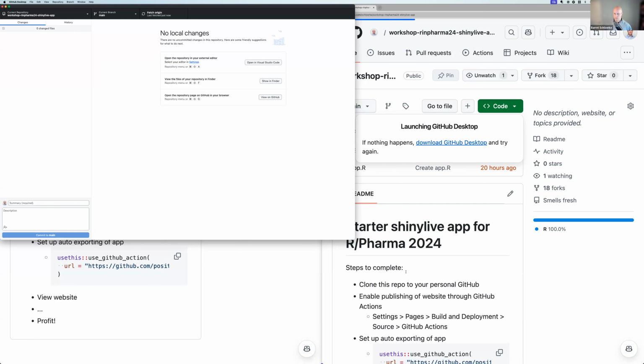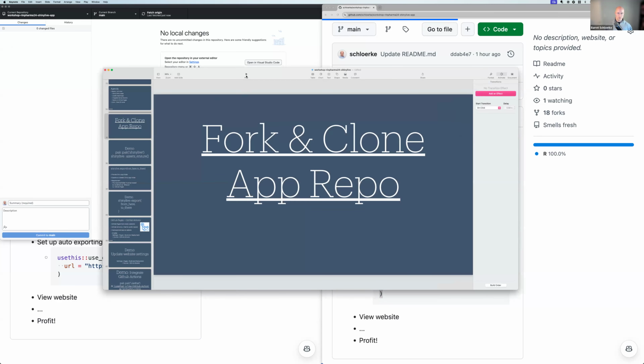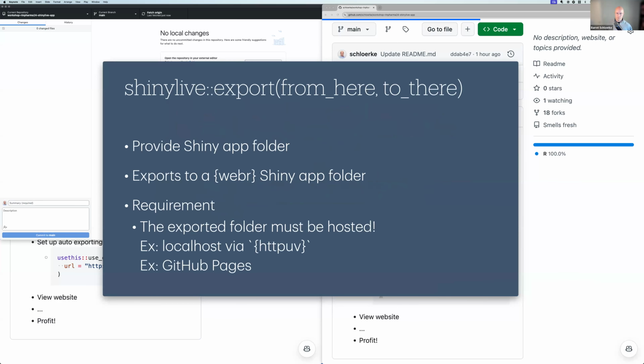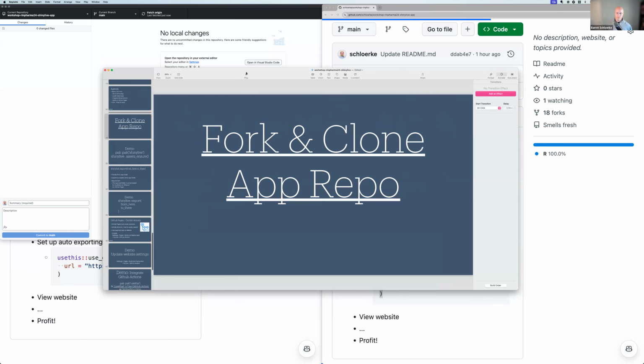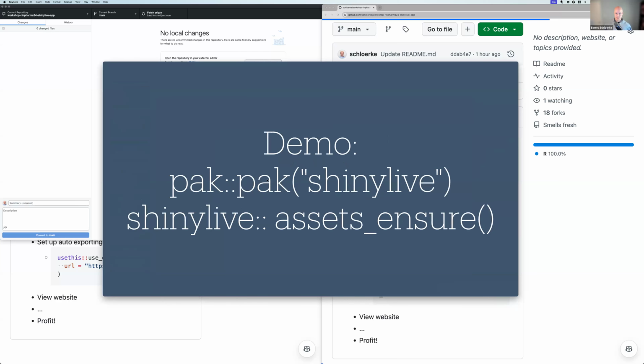And what do I want to do? I want to call use GitHub action. Oh yeah, let's see where we are in the slides here. Oh, I got ahead of myself. I'm sorry. All right. Yeah, so before we do that, let's do this part first. So we have demo. Let's make sure we have it on our personal machines.